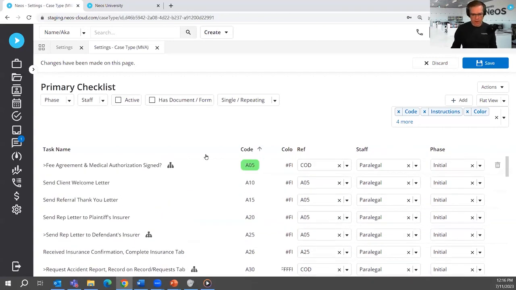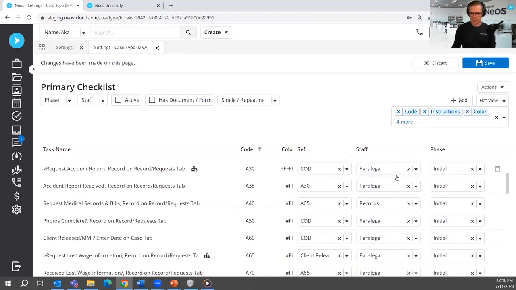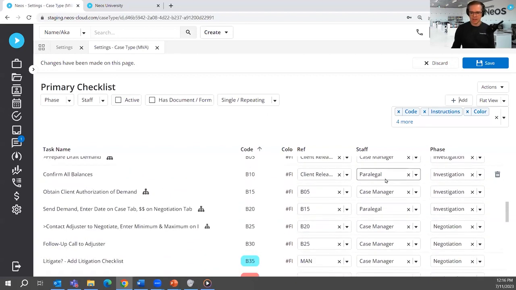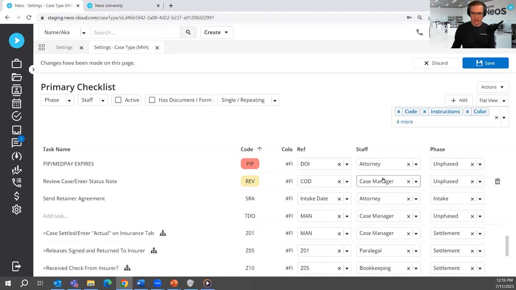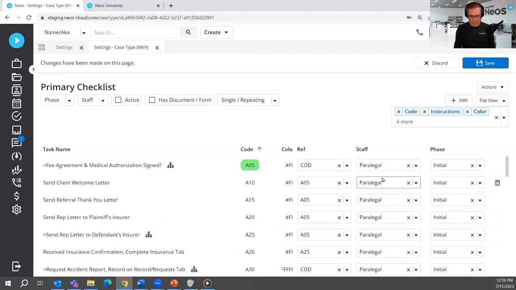So the next thing to be aware of is who is responsible for these checklist items. This is a big boring list because it says paralegal mostly, but I've got some records in here, case manager, attorney. So in our assembly line, we have our tasks and we have our due dates and we have our people. So who is this going to be assigned to? Now, when you're setting up the checklist in the settings, in the case type settings,